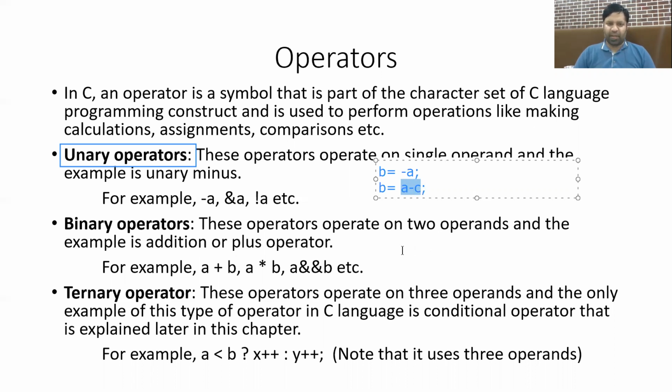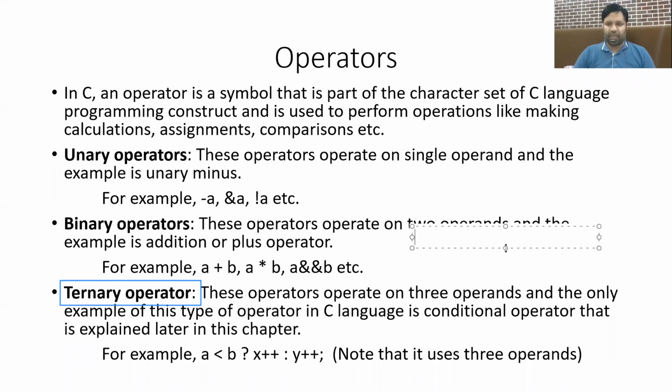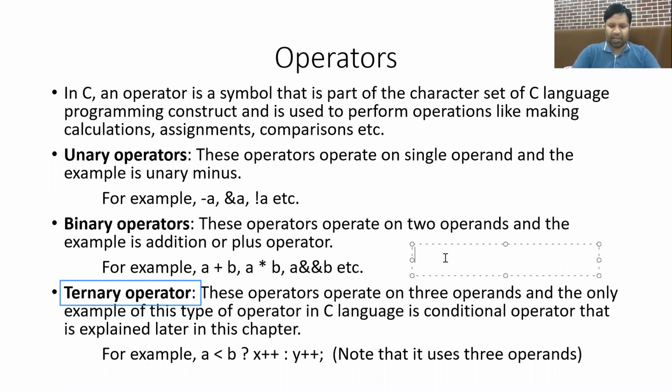And then we have a ternary operator. A ternary operator is the one which is applied on three operands. So in C, we have a single operator which is known as a ternary operator, and that operator is known as conditional operator. Now, what is the symbol of the ternary operator in C programming language? Please have a look at the example or the symbol on the screen. The symbol is question mark followed by colon. So question mark followed by colon is a ternary operator.